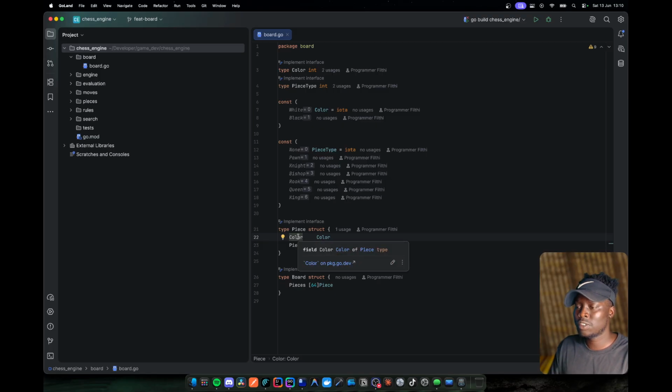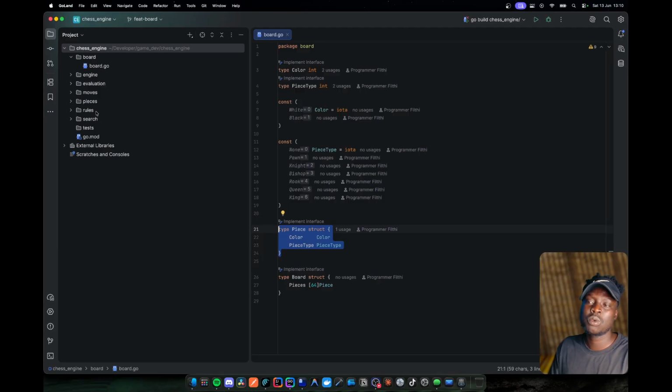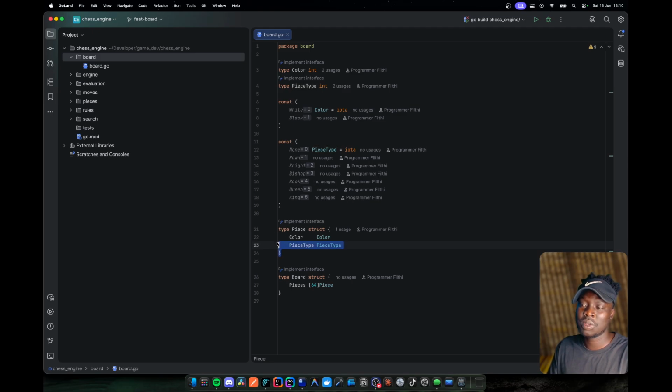So if you just hover over this, you will see that this is a field color of type color of piece type. Piece type means this is a struct, right? And anything that is inside a struct, let's say later we want to access these elements of color and piece type, the rules, let's say we are inside the rules package, because at the moment we're still in the board representation, but later the rules will have to use everything that's coming from the board representation. So what are we going to do to utilize what we have here as our struct, which is a combination of two different types? It's going to be using